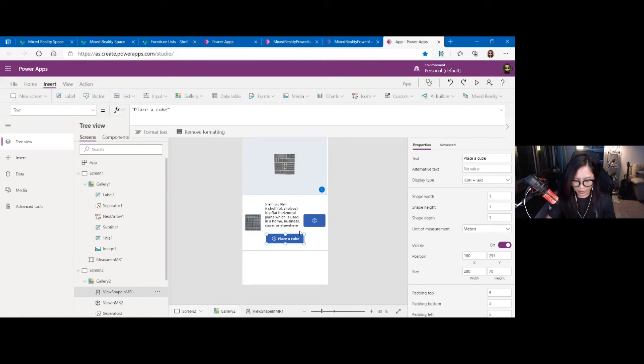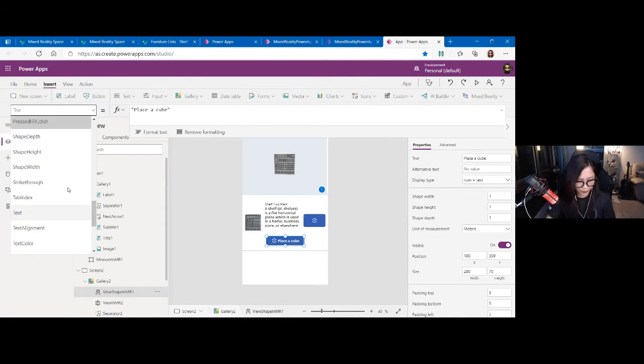So what I need to do here is place a cube. Under shape, the width, height, and depth properties, you can change them so that it will be bigger.